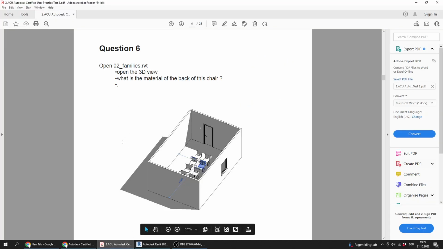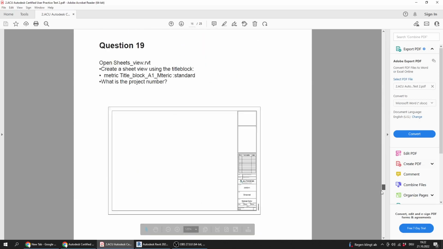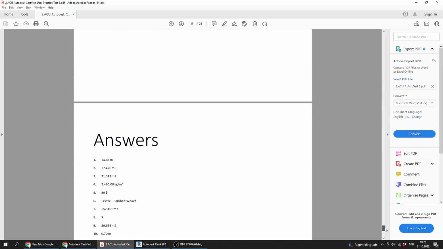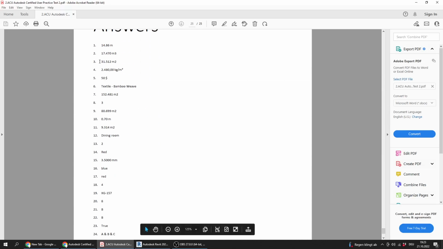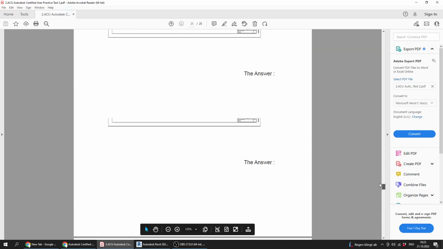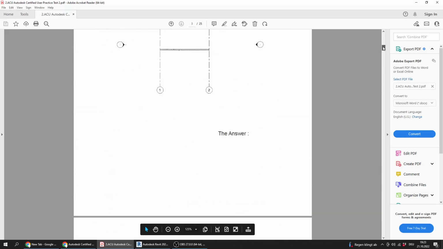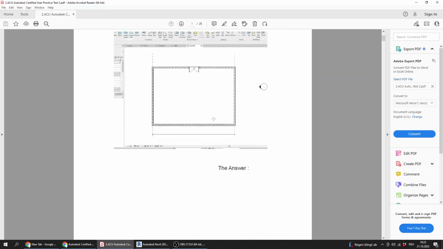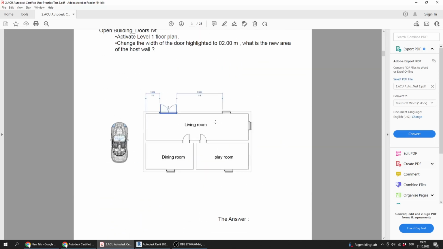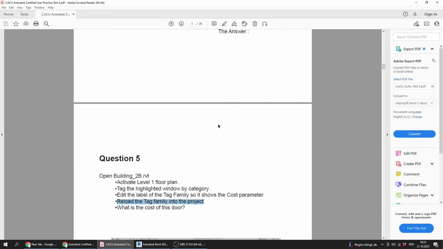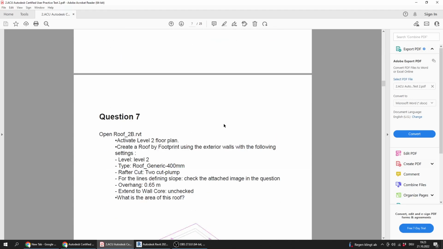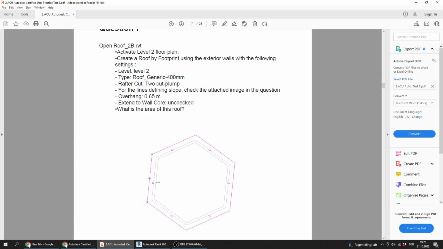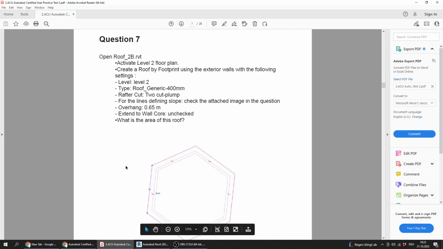all the answers for the exam you will find in the last page. You will find here it's all the answers for the exam questions. So back to our exam. Question number 7 says